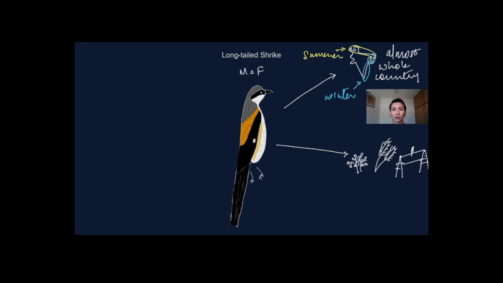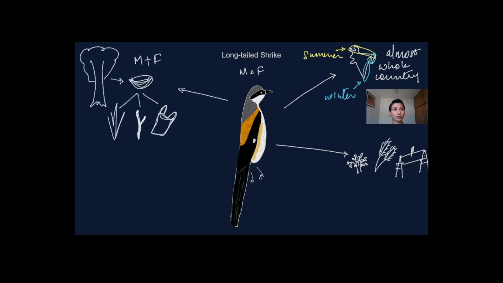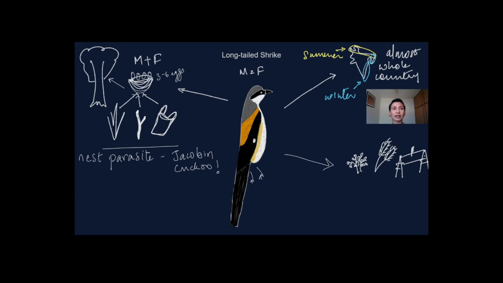What else do I want to know? I want to know its nesting behavior. So it nests in trees. It forms a small cup-shaped nest. It uses material like grass, twigs, and sometimes even human-use material like plastic. So I show it with these little diagrams. Male and female both participate in nesting. So I put that down. They lay about 3 to 6 eggs, and interestingly,